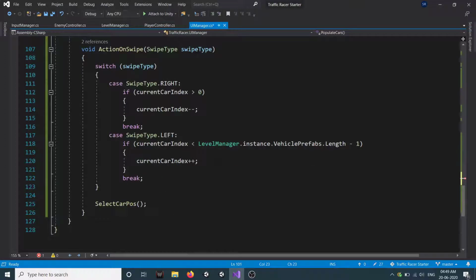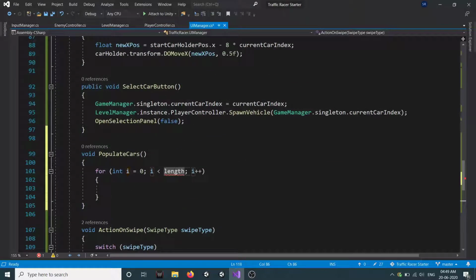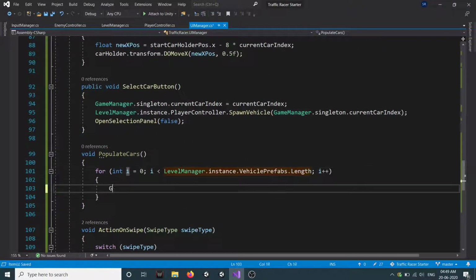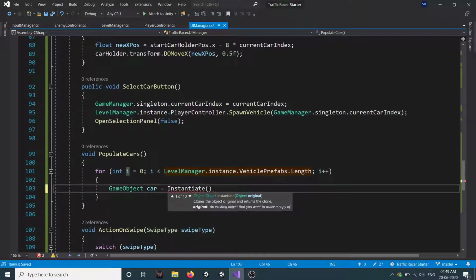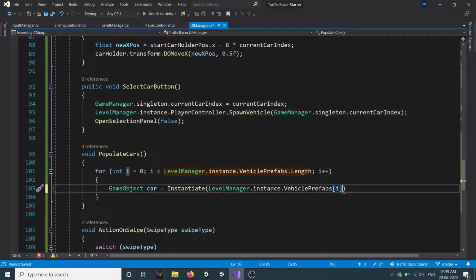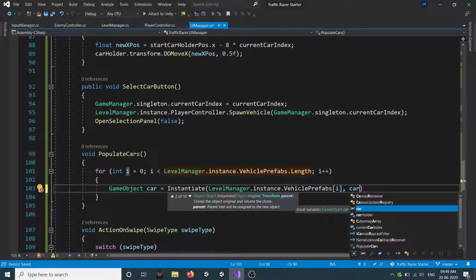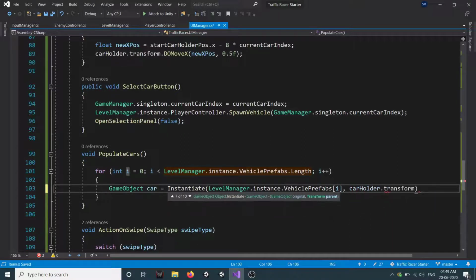Our length will be equal to level manager dot instance dot vehicle prefab dot length. We'll create a game object, we'll call this car, which will be equal to instantiate our vehicle prefab at index i, and we set its parent to car holder dot transform.